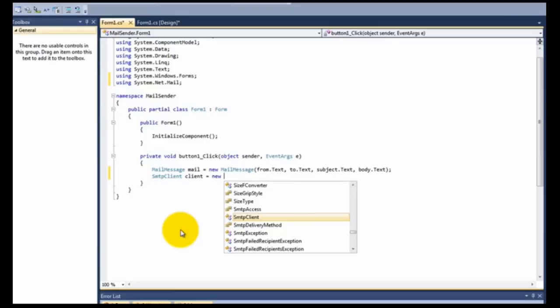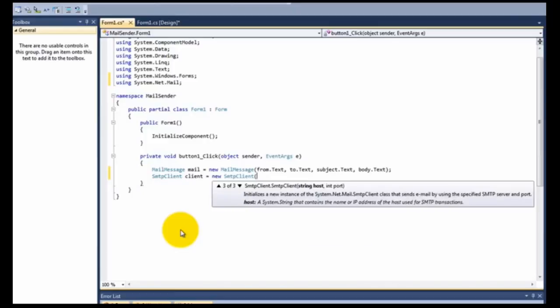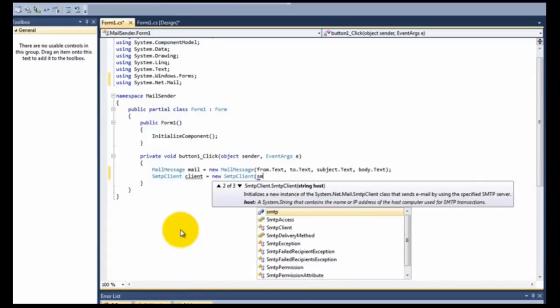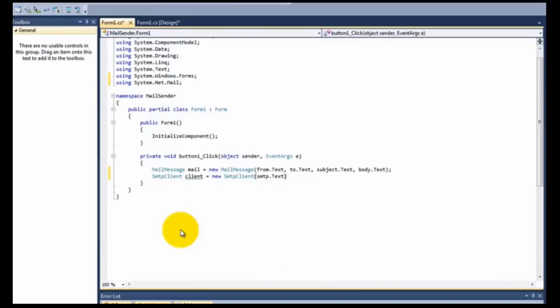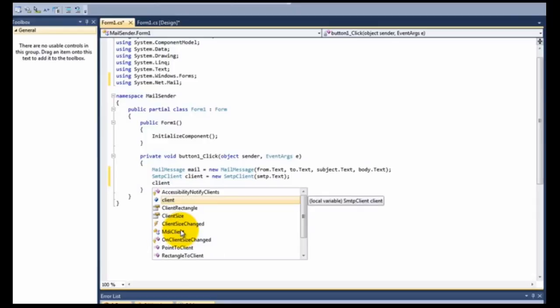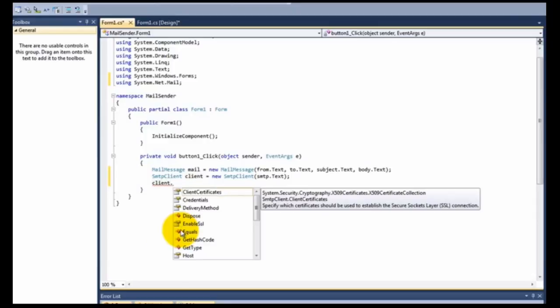Then set up client. The client is equals to new smtp client. Then another parenthesis, set up the text and semicolon.